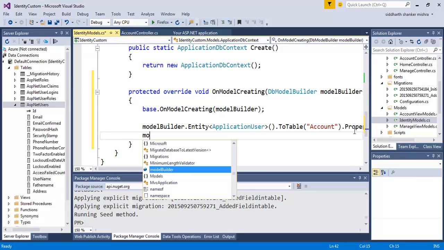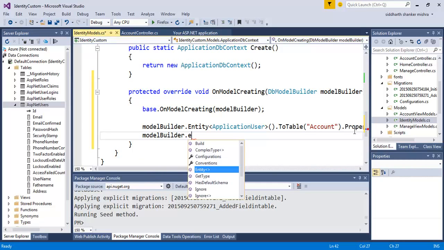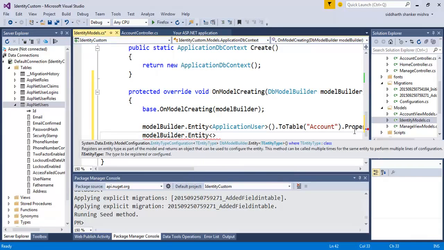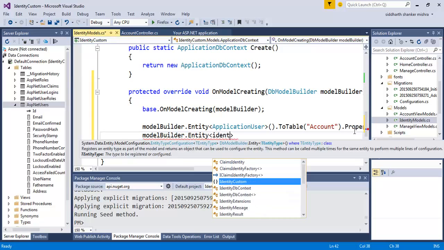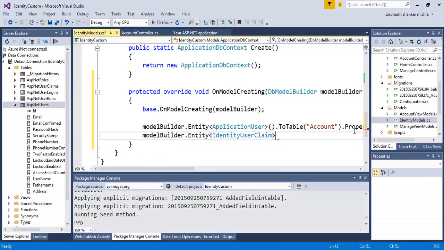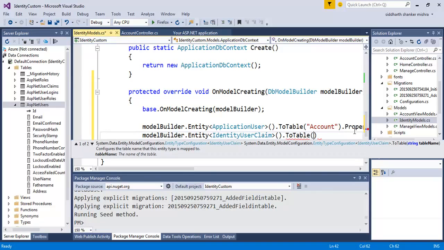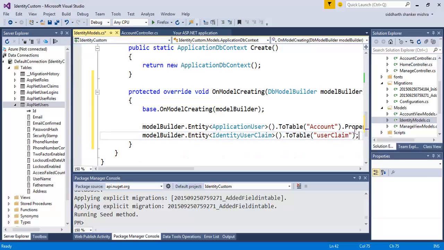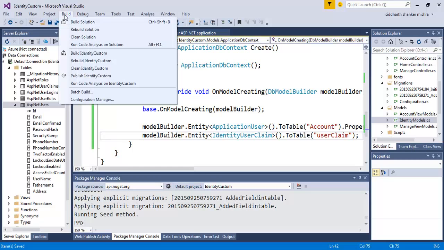Now let's change other table names. Entity IdentityUserClaim, and claim .ToTable, write ASPNetUserClaim, and you can change all the other fields like this, or table names like this, and after changing all the names of the tables, you can build the solution